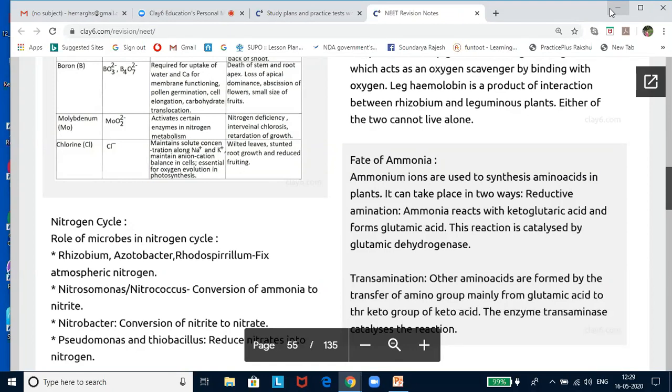Mechanism of absorption of elements. The initial rapid uptake of ions into the free space or outer space of the cells is through the apoplastic pathway and it is passive. In the second phase of uptake, ions are taken in slowly into the inner space, the symplast of the cells.